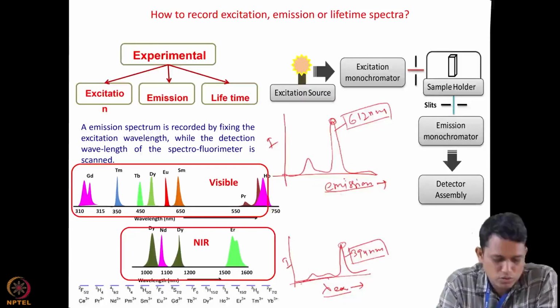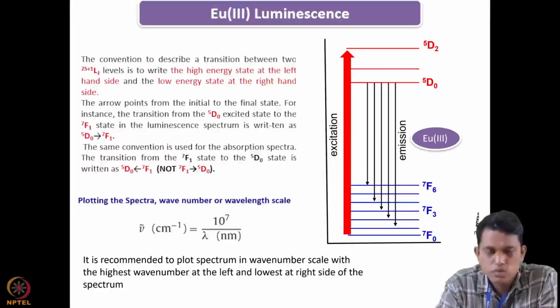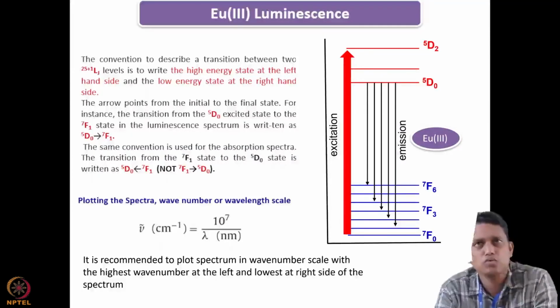And here I have also just shown you the different ground state term symbols that you have derived using the term symbol recipe that I gave in the last lecture. So you can easily follow that and derive most of these term symbols using that recipe. Now, since I have told you that we will discuss europium, but before going to the discussion,